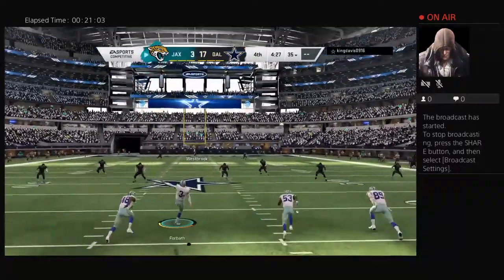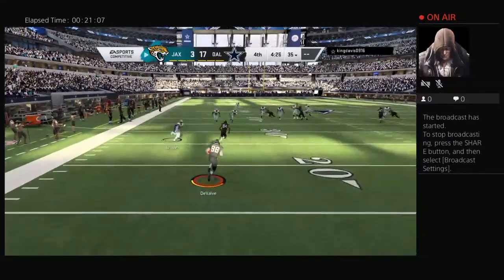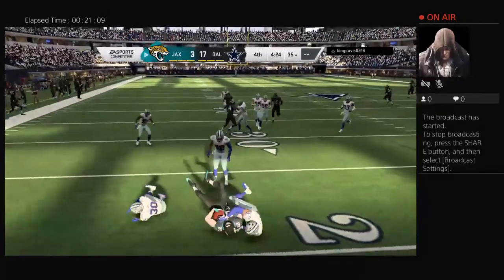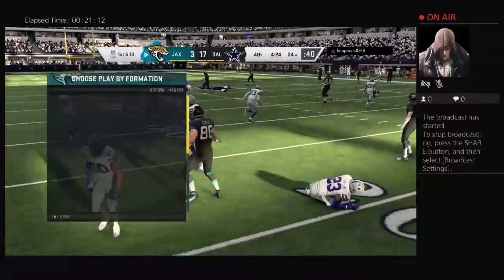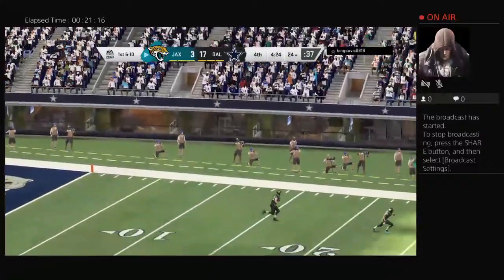Forbath to send it away now following the touchdown. This will be taken short. And shedding through the tackle. And he'll be brought down at the 23, make it the 24-yard line. At their own 24-yard